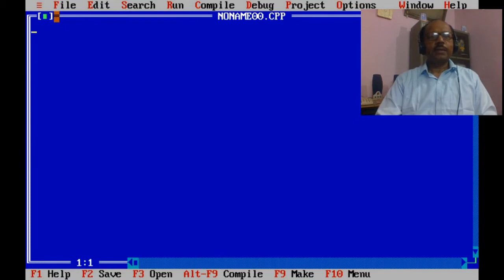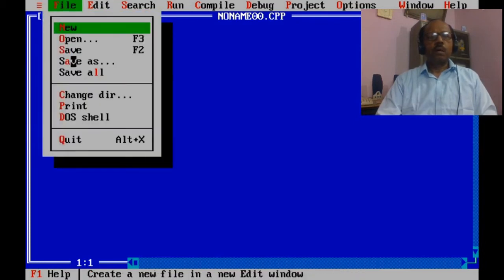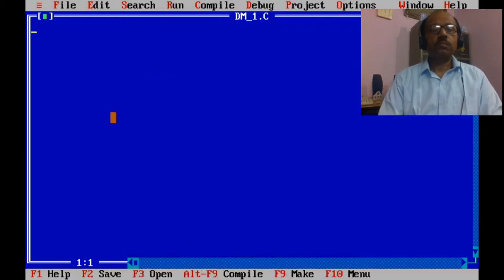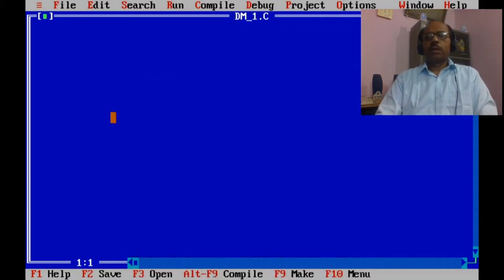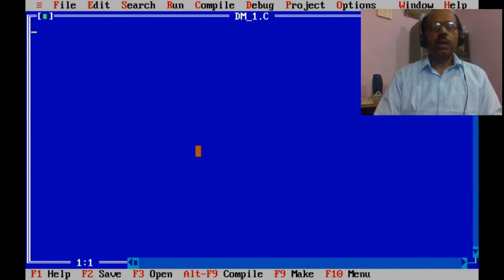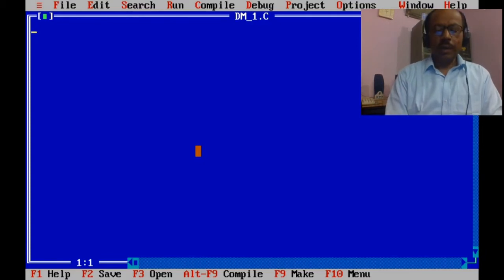So now, taking the example to illustrate how dynamic memory allocation functions work. We will use malloc and realloc in this example.